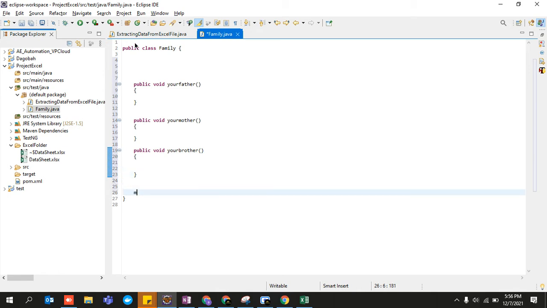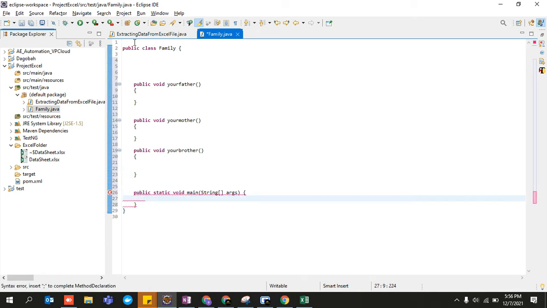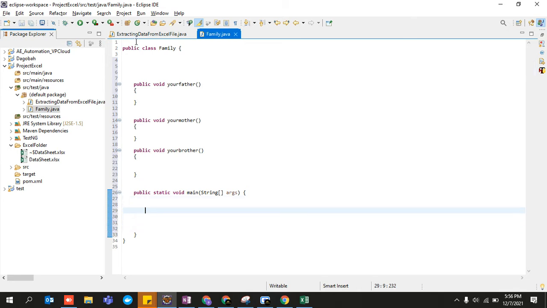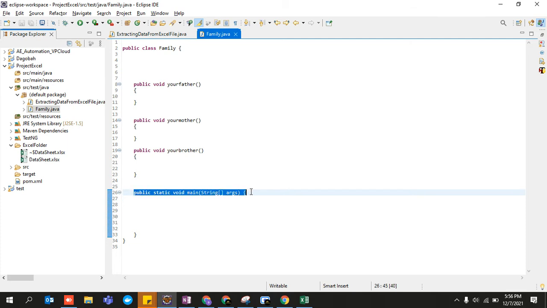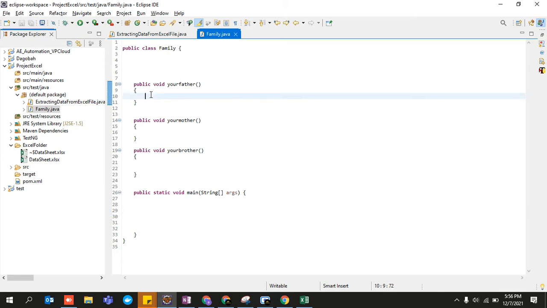And over here, let's create a main method. Let's say I am Abhinav and I am sitting in this particular method. This main method is like the US, so I'm living in a place like the USA. I need to call your father because your father has a lot of money, so I hope he may help me out. I was feeling hungry at some point, so I need to call your mother so that she can help me in cooking. I need to call your brother because I cannot drive, so he may help me in driving from one place to another.